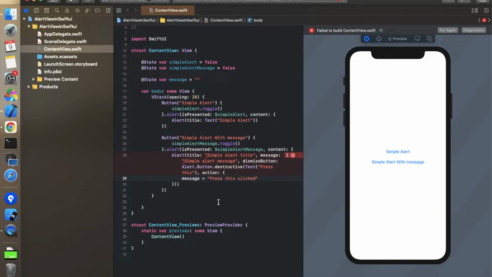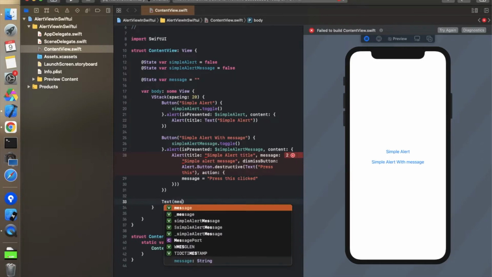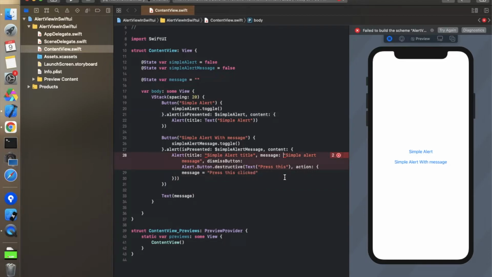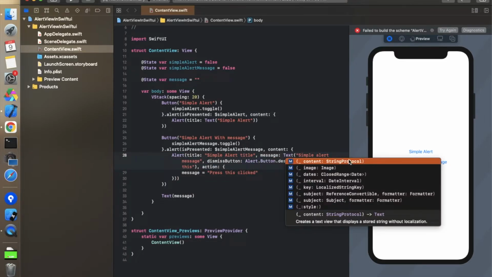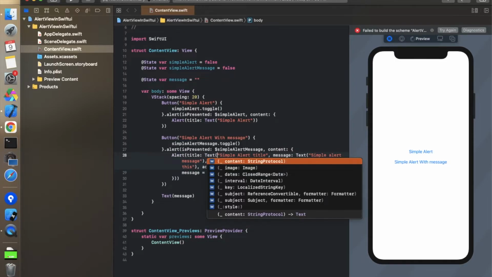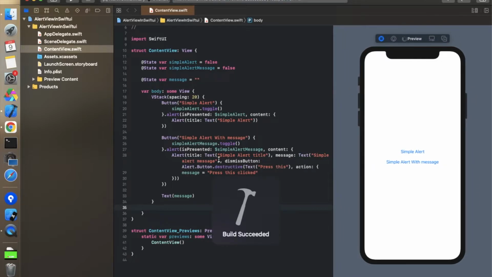Now we also want to show this message after this button call. So we have to put this message over here. We simply use a text property, and in this we pass the message property. Now let's resume this and see whether it is working or not. It's still showing some error. Okay, these are the text properties, my mistake. So we have to use the text around these strings. So this is also a text property. These are things I also always miss. So now I think this is going to work. Yes, everything worked fine.